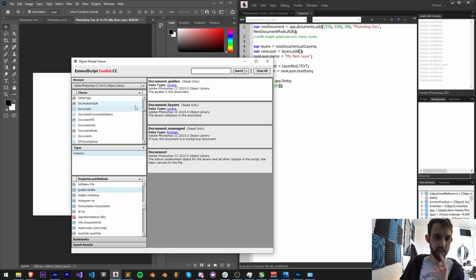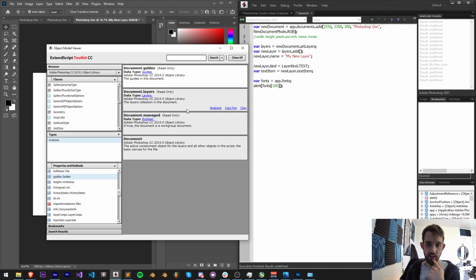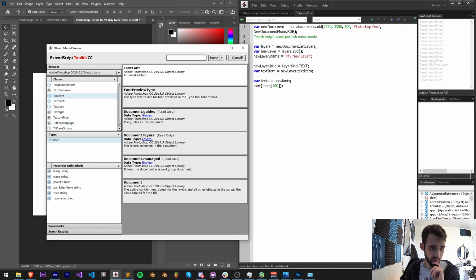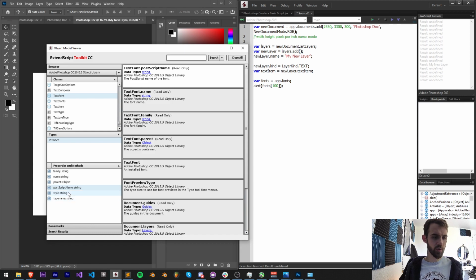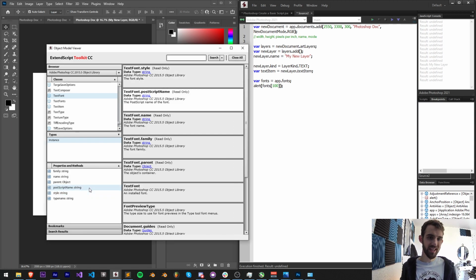Let's go ahead and look inside of our guide here to see what we can access inside of a font. If we go down to F, we actually only have font preview type, so it must be under text font. We have access to the family, the name, the parent, the PostScript name, and the style. And we're actually going to need what's called the PostScript name, which is sort of the in Adobe name to